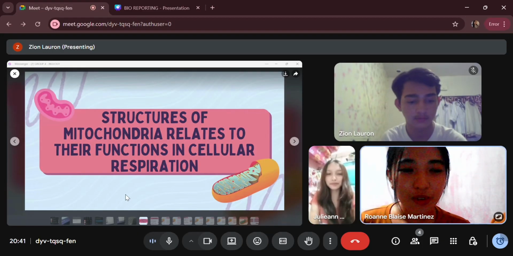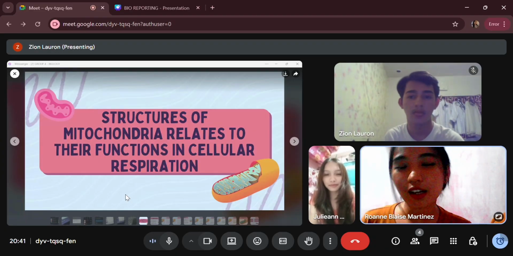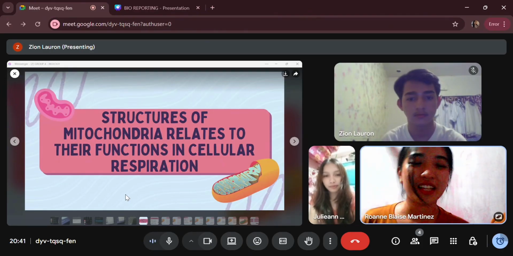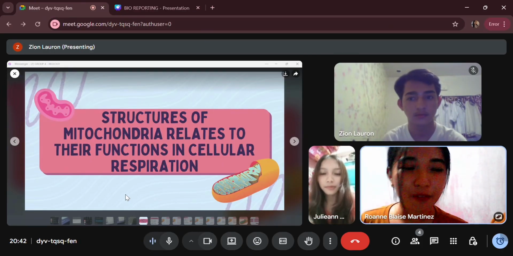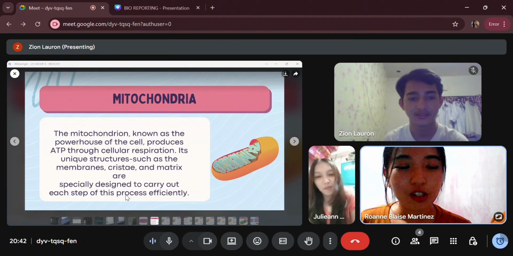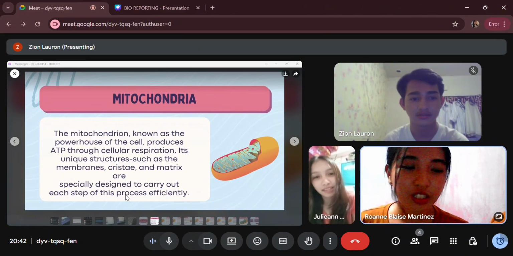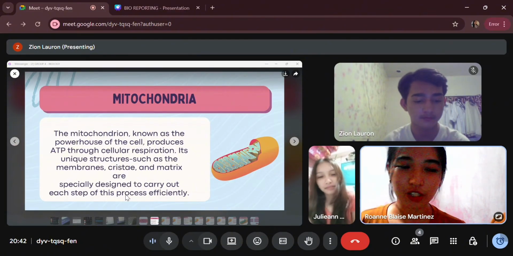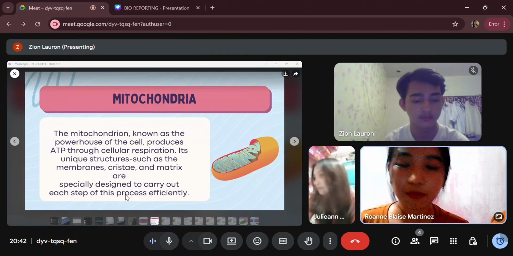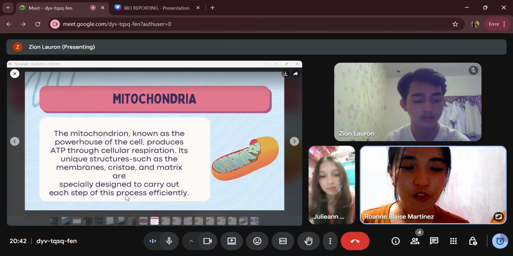Good day everyone. The topic that we will be discussing is how the structure of mitochondria relates to their function in cellular respiration. Before we proceed to the main topic, let's first answer the question: what is mitochondria? The mitochondria, known as the powerhouse of the cell, produces ATP through cellular respiration. Its unique structures, such as membranes, cristae, and matrix, are specially designed to carry out each step of this process